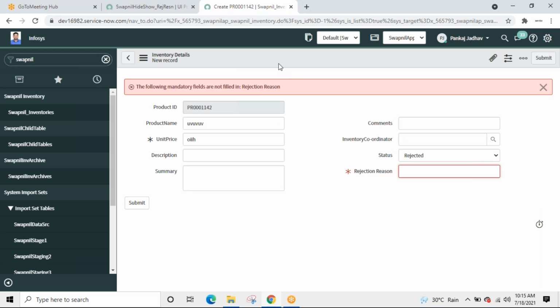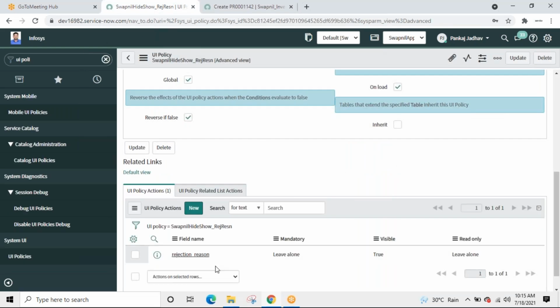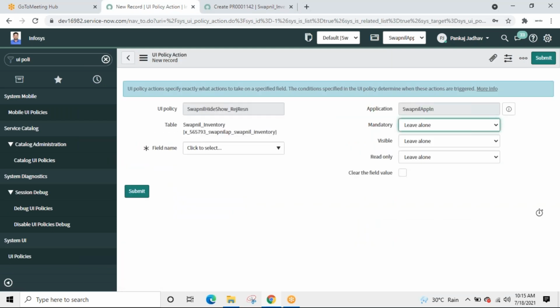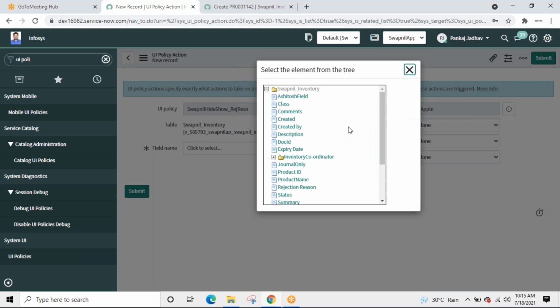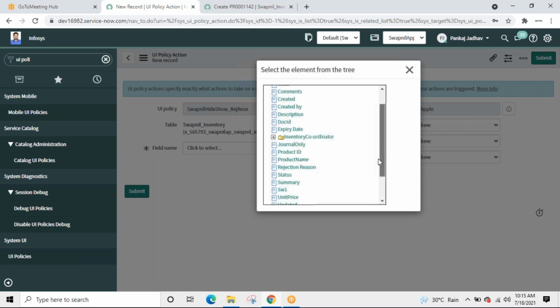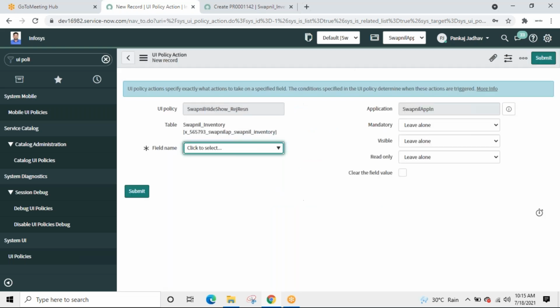Okay. So now what else can we do? One more action. Let's try to create one. I want to set an IT summary as read only.